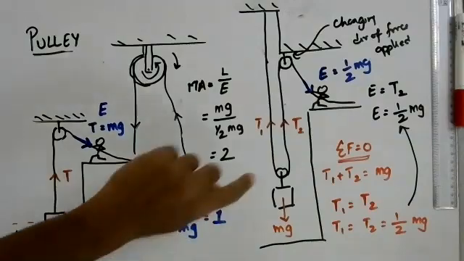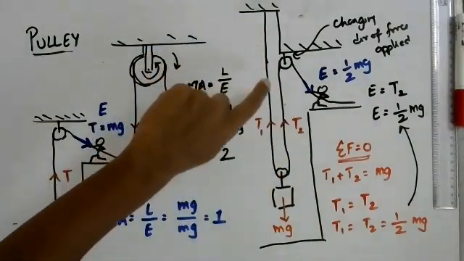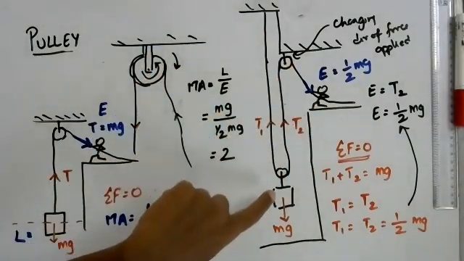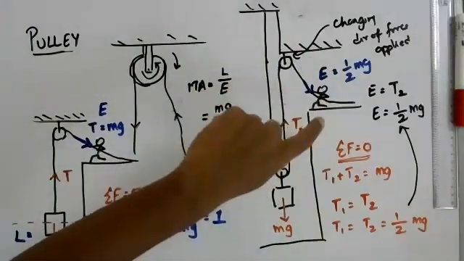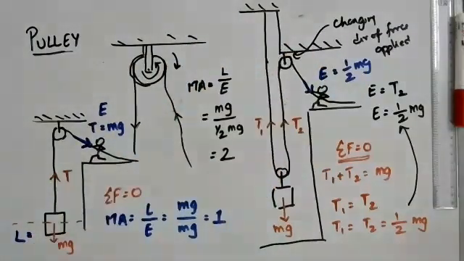Okay, because otherwise the weight of the rope will have to be taken into consideration when you are pulling, the weight of the pulley will have to be taken into consideration, and the frictional values also will have to be taken into consideration. So that's the idealization that we have to work with.